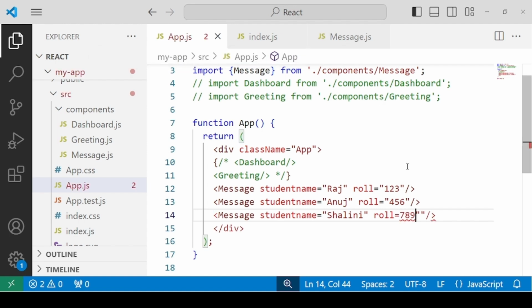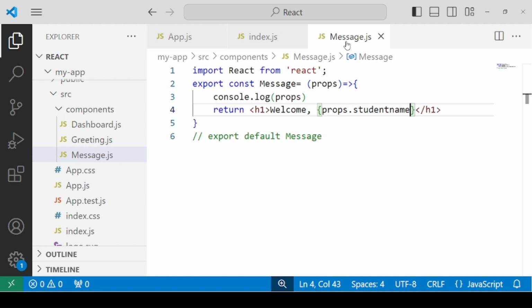Now inside your child component, let's render, say, welcome, the name of the student, and alongside, within parentheses, the registration number or the roll number. We want to specify the roll number inside parentheses after the name of the student.